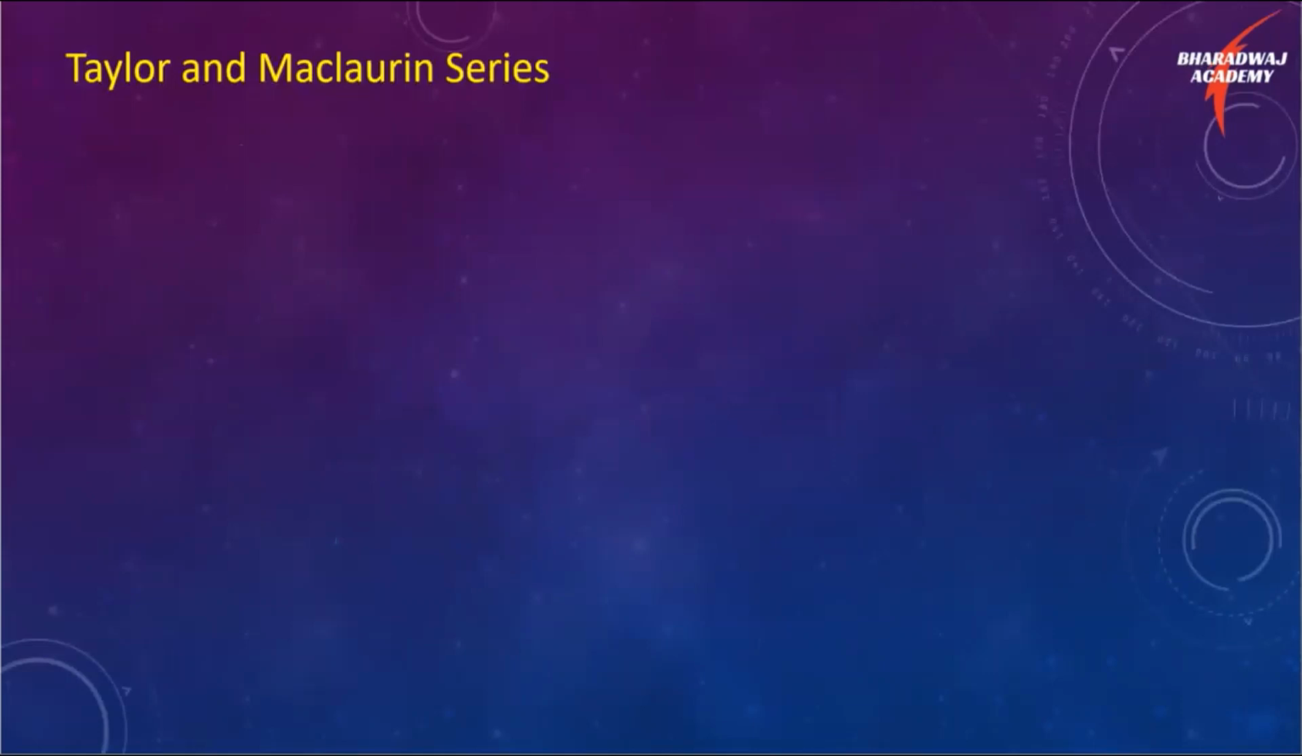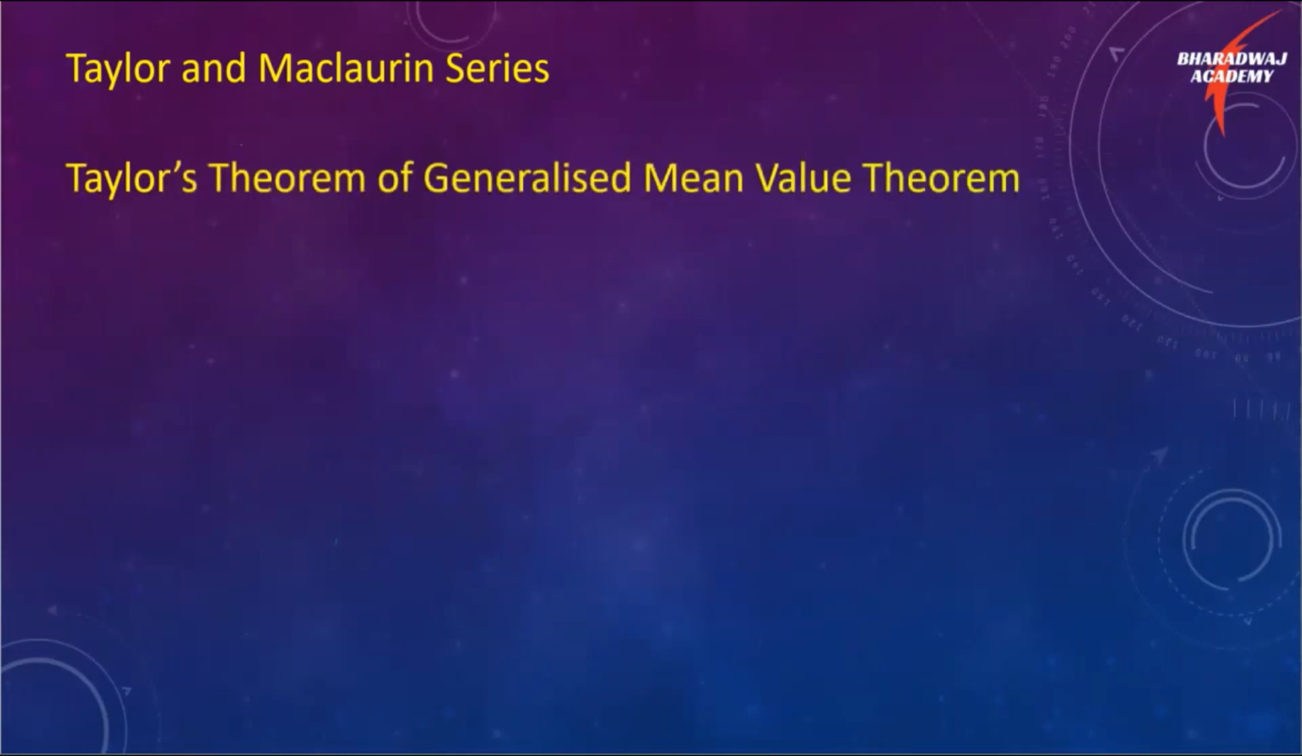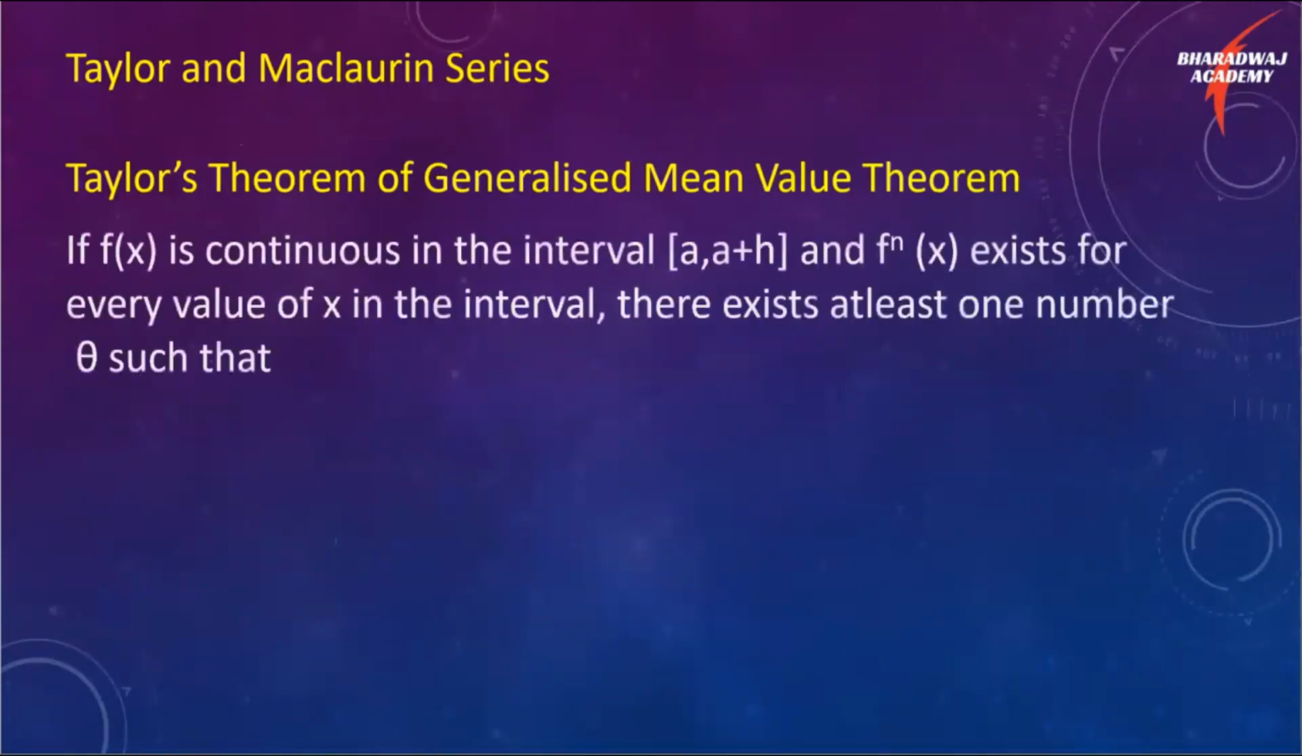Before we understand the Taylor and the Maclaurin series, we need to understand its origin. The Taylor series originates from the concept of Taylor's generalized mean value theorem. This theorem serves as a general theorem from which other mean value theorems can be derived, which we'll be seeing very soon. It goes something like this. Basically, it means that the function is continuous in this interval and differentiable up to the nth order, and there exists a number theta such that,